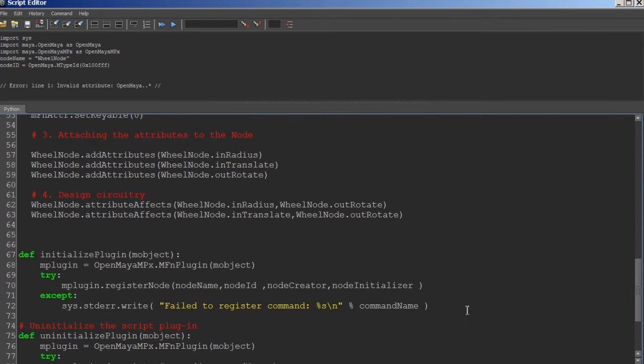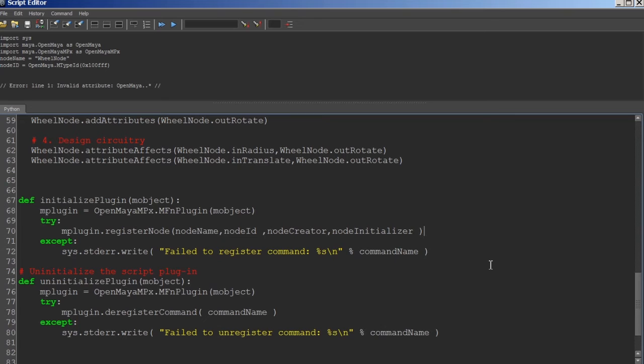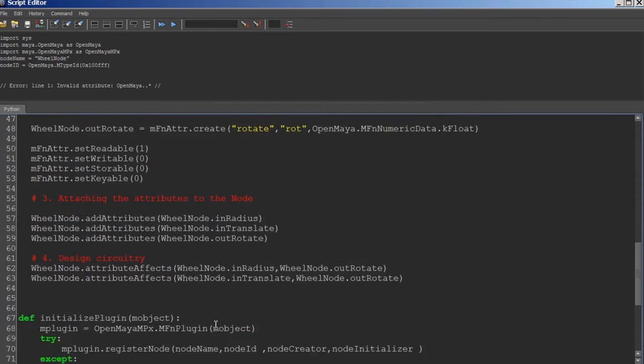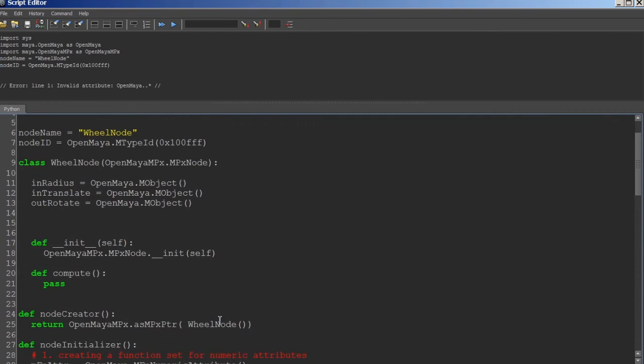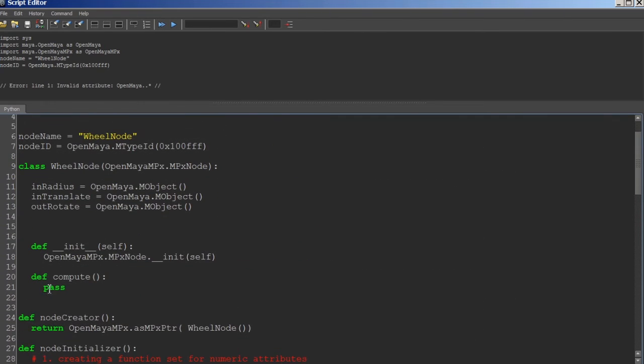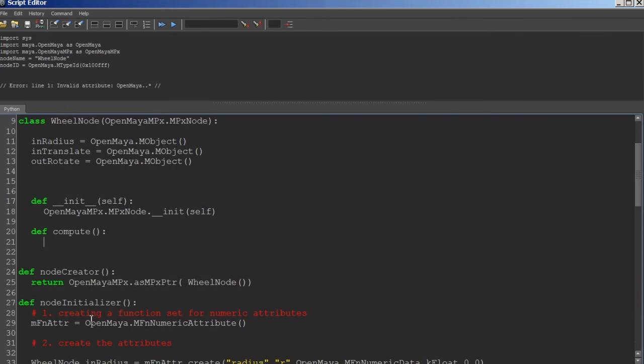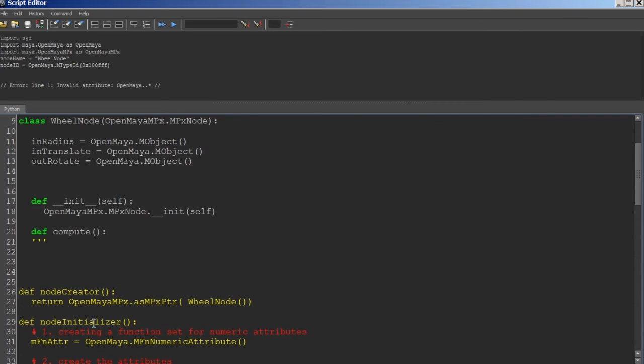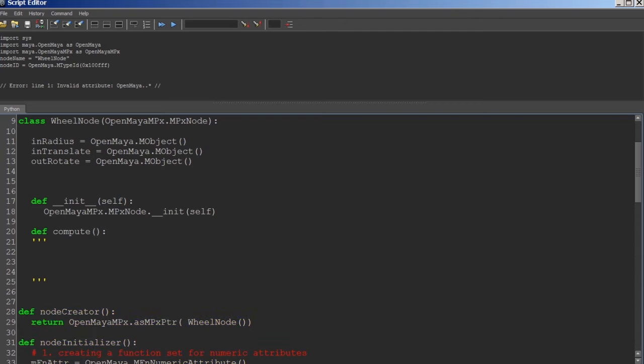Alright, so we have made changes on register node, and instead of command name I will replace it with node name. So now we have the complete structure of our dependency graph node, and the only thing that is left is writing the compute function, where we would define the formula that we need, and rotate is equal to